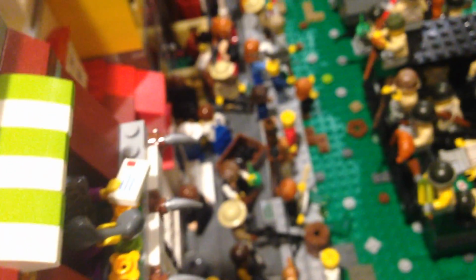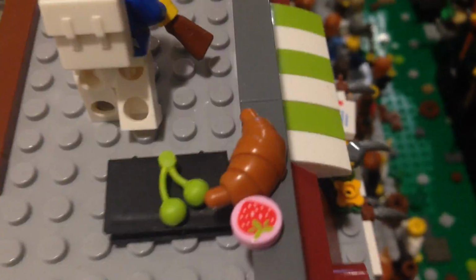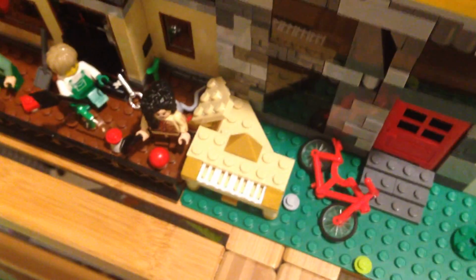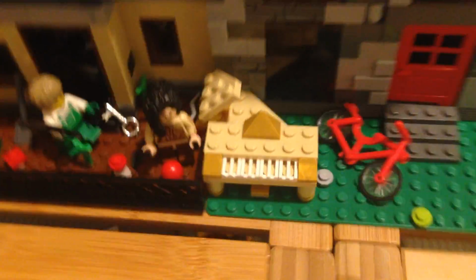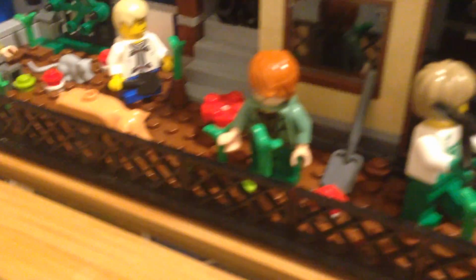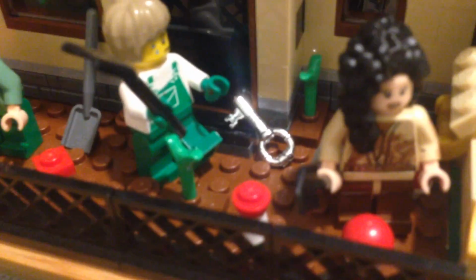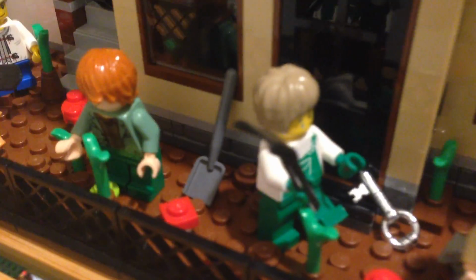And, you know, he's just kind of watching the parade go by, and I guess he'll probably play a role when the assassins start doing their assassinating. You know, he's got some food up here with him. There's a piano there. It's not a very good color scheme for a piano, but that's pretty much the best I could do. And there's a little fenced-in garden here. Looks like they got some problems with weeds, and this guy